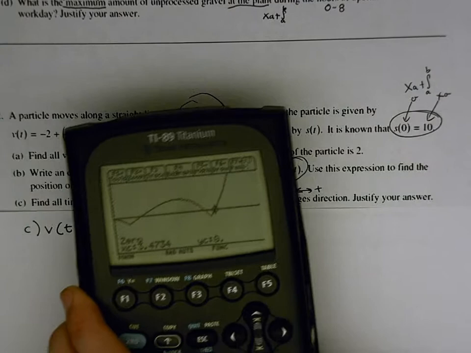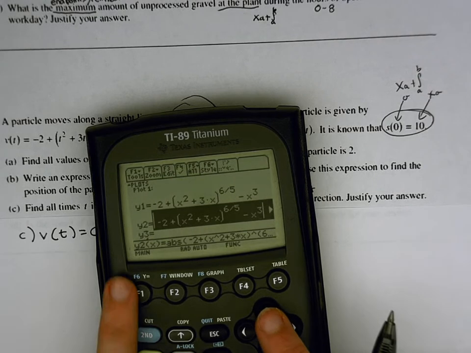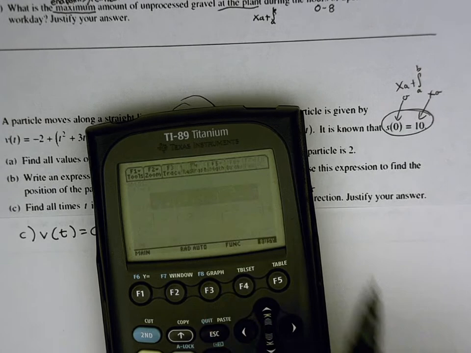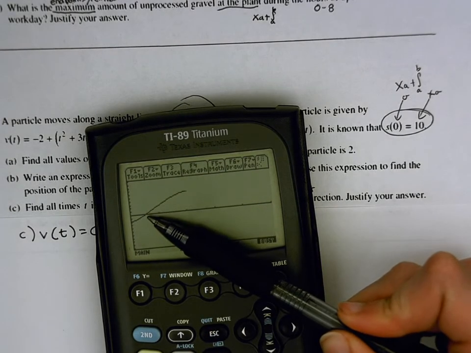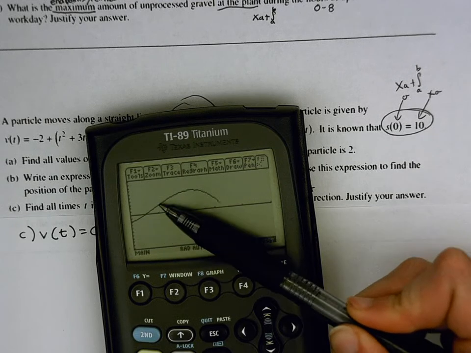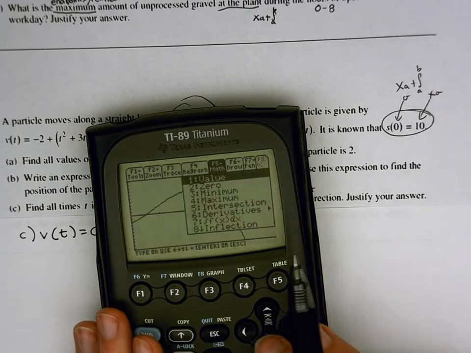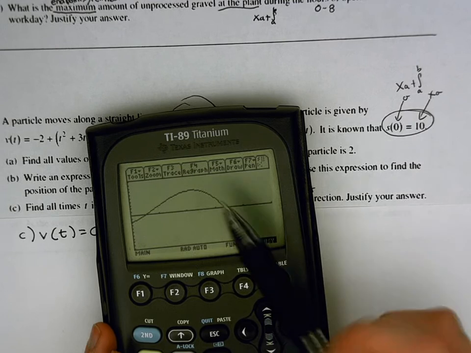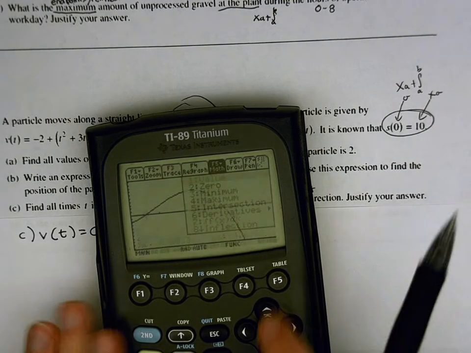Right, so I'm going to come back to my graphing calculator here, and I'm going to now uncheck my speed function, because I don't want speed to be checked anymore, and I'm going to recheck my velocity function. I'm going to graph it again, and I can see that here's one spot where my particle has changed direction because my velocity equals 0, and I've changed from negative to positive. Here's another, as I change from positive to negative. And if you calc those 2 zeros, right, you get that the first one is at 0.536,